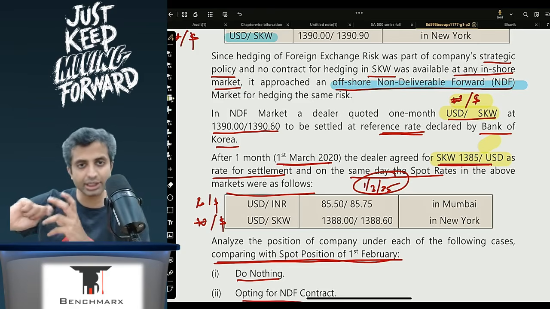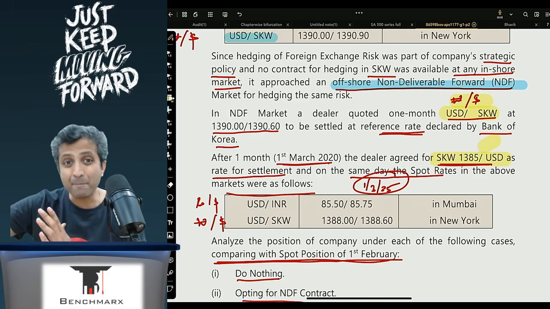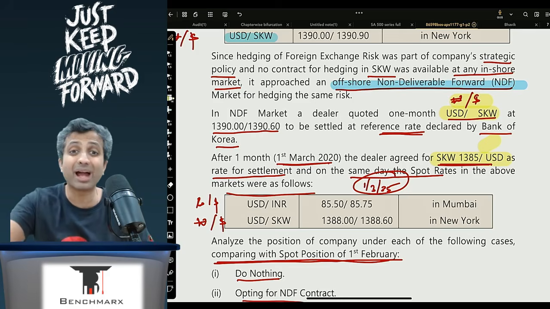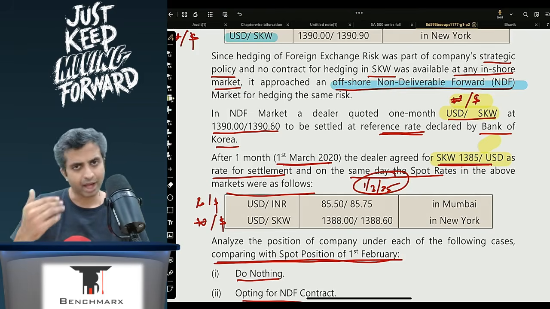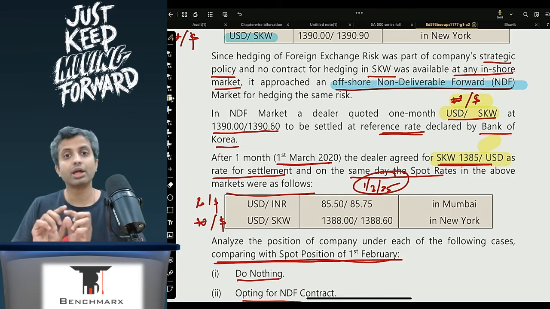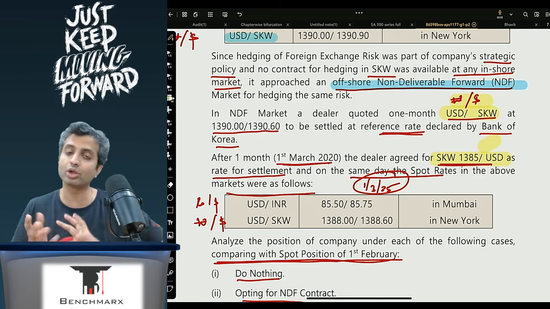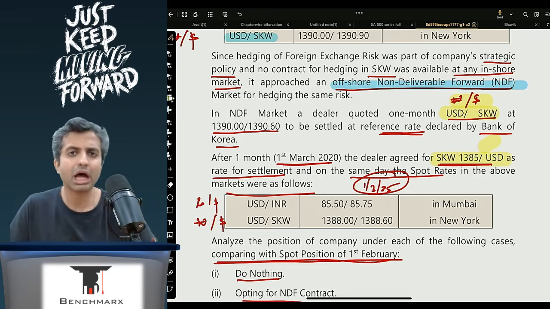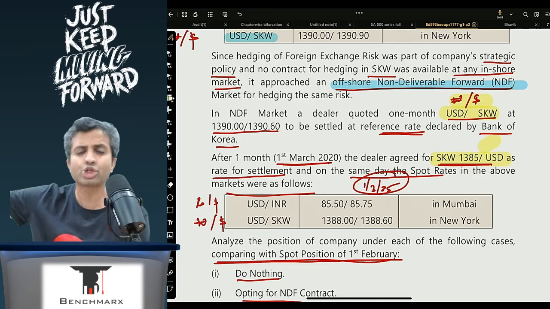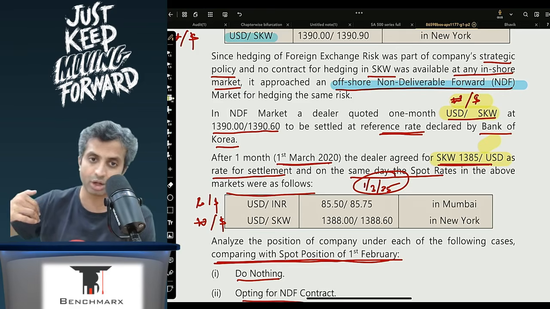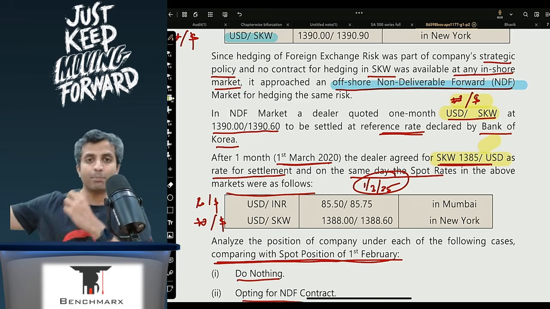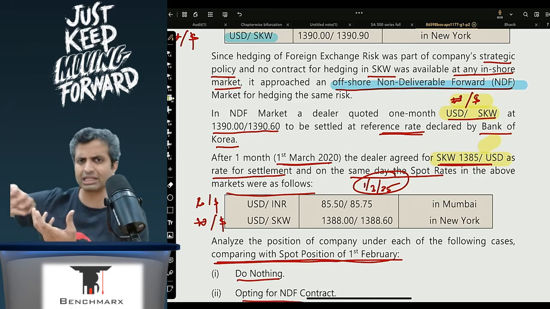That is, I originally said that I will pay, that is, sell the dollars. Now if I have to cancel the position, I will enter a position whereby I will agree to buy the dollars, that is, I will receive the dollars. I'll again repeat, if you are thinking from the dollar standpoint, or from the won standpoint, it will be opposite. In the dollar standpoint, originally I had agreed to pay the dollars, so if I'm cancelling the contract, I will agree to receive the dollars. If you think from the won's perspective, which is what Institute has written, I will agree to buy the won and then cancel it by selling the won.